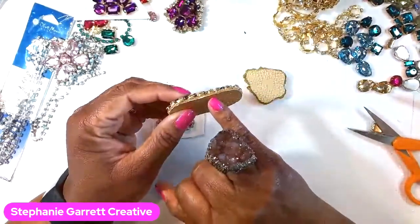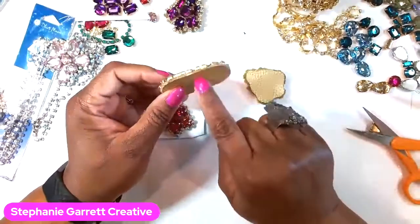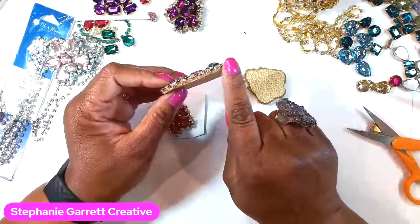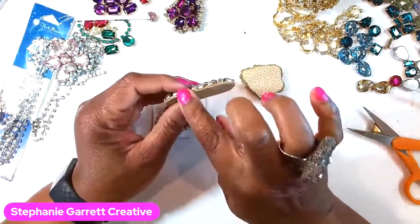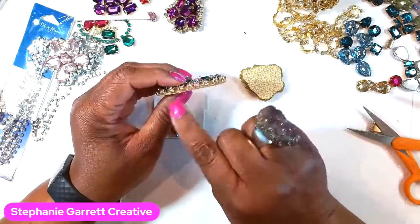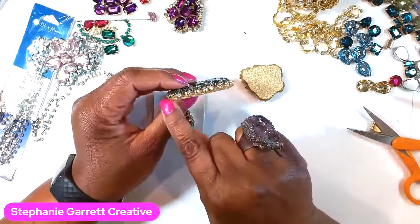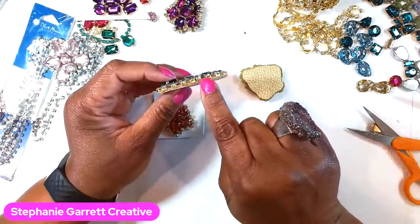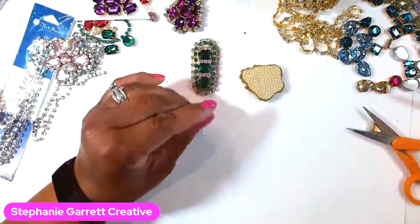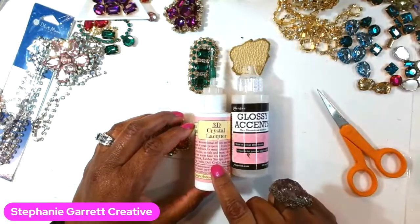Now, for the sides, you can actually paint the sides with paint. You can use an acrylic marker of the very same color and kind of blend it out. You could do that. Or you can use resin. If you have a little bit of resin, I've seen somebody color the resin, say, white or gold or whatever, and they just kind of painted it all the way around the edge of the piece. You can do that. But you can also use glossy accents if you have that, or a crystal lacquer,